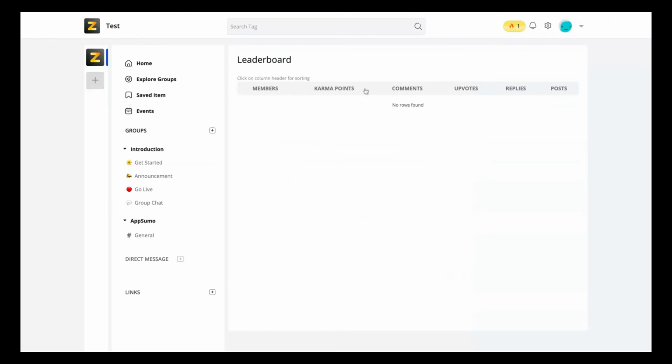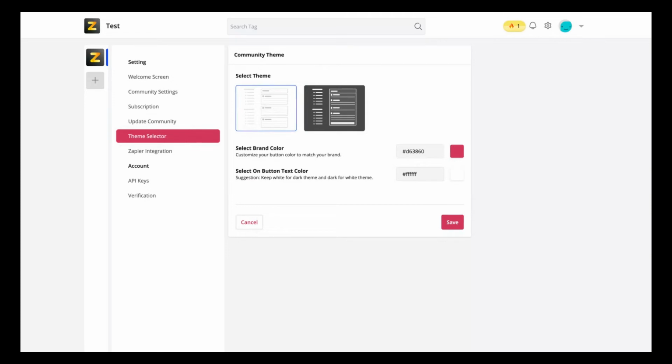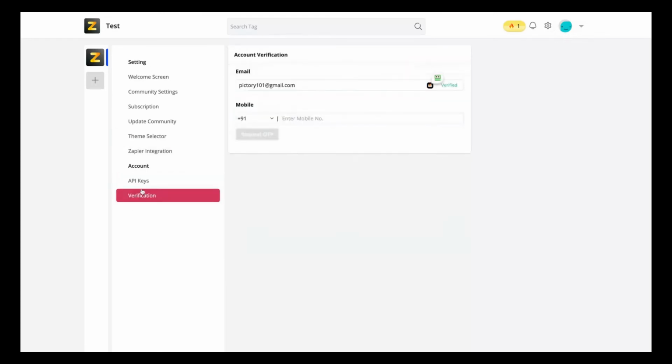Here is related to karma points, and you have more ways to customize your gamification than on UUKI. On the theme side, you have the same feature, can be dark or light, and only change the brand color. So it's similar on Pencil and on UUKI. Pencil has a Zapier integration. I didn't see any Zapier integration on UUKI. And you get the API with one code. You don't need to stack a lot to get all the features of Pencil.